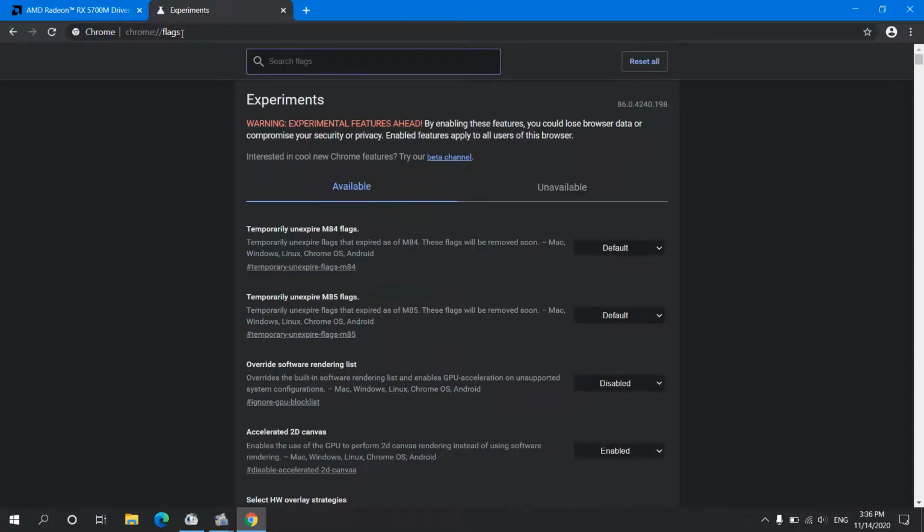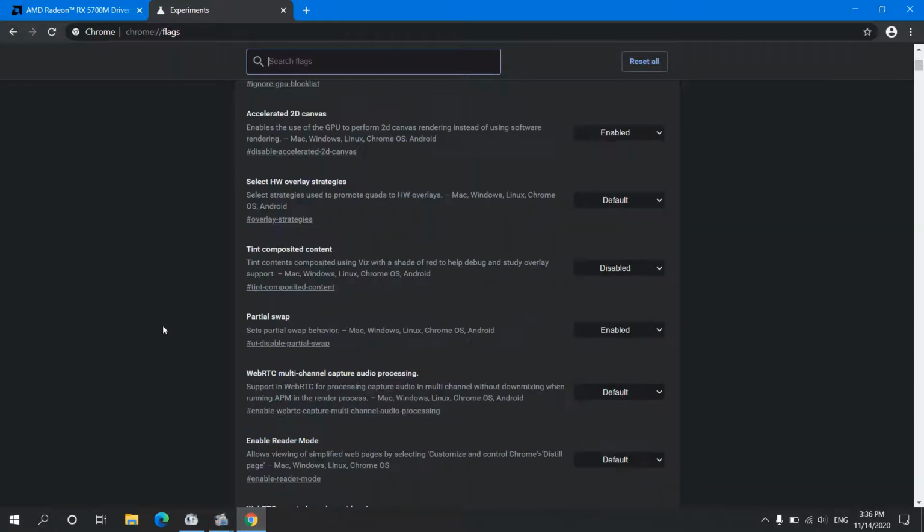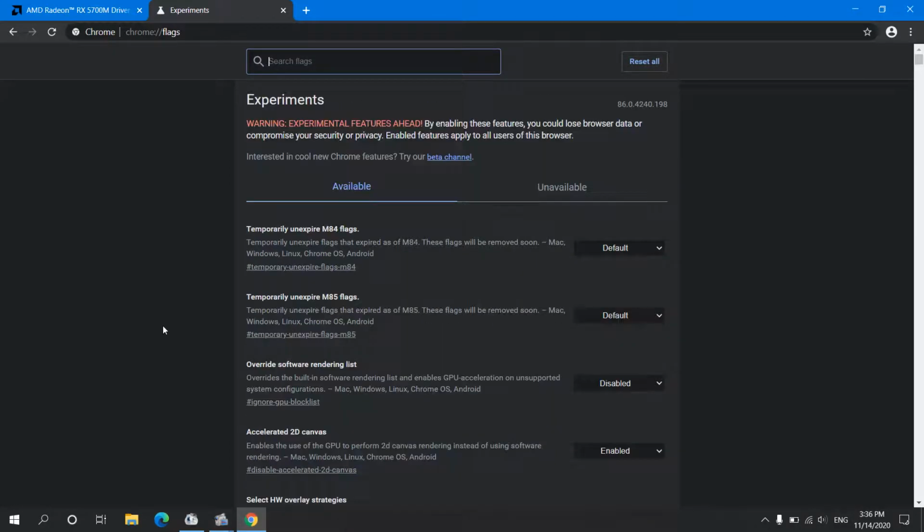Once you enter this address in the address bar, you will find this page where most of the experimental features are present, but they are not enabled for general purpose use, because most of the experimental features may not work properly and they are still in development, and will be released step by step in future versions. Once you are on this page, just type QR code in the search box.